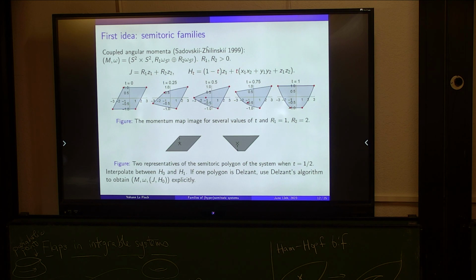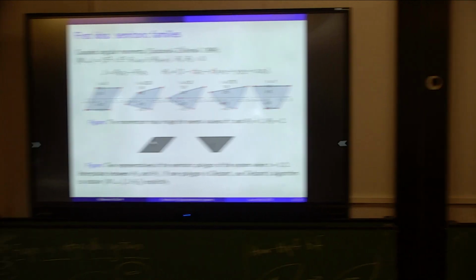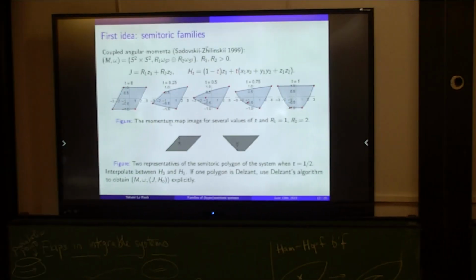Okay, this is nice. So the naive idea we had is, okay, is this behavior universal? Or at least useful to construct as many explicit examples as we want. And so then what do you do if you think this is the case? Then you forget that this system exists, and you look at the polygons. I mean, some representatives of the polygons. And if you look at the simplest that you can come up with, and you took one of these representatives with cut up and one with cut down, and you compare this with the images at t equals 0 and t equals 1, they look suspiciously similar.